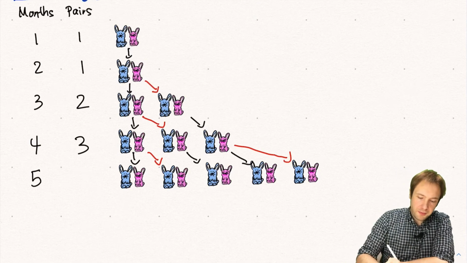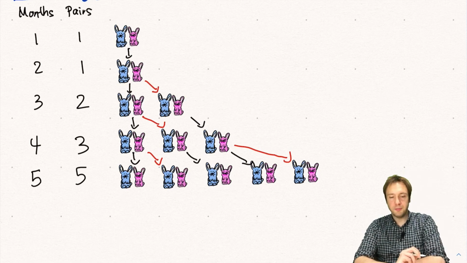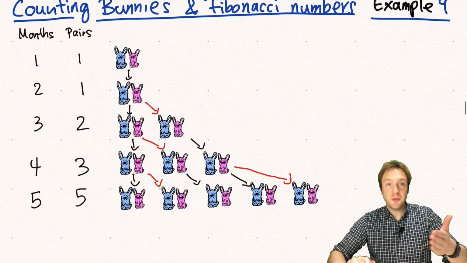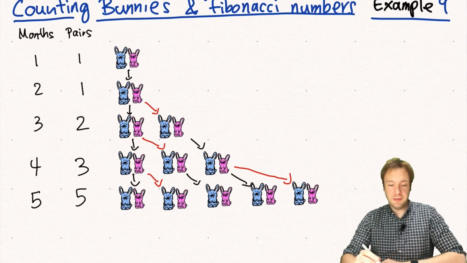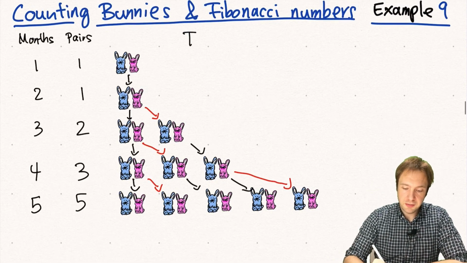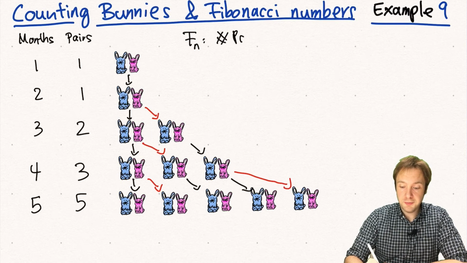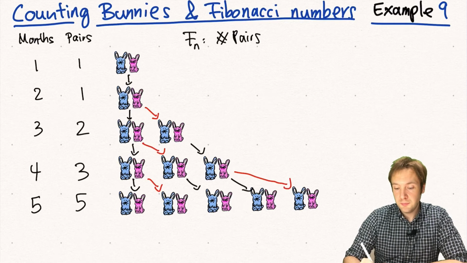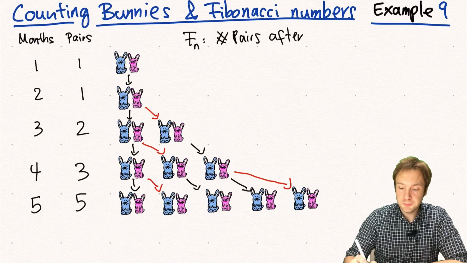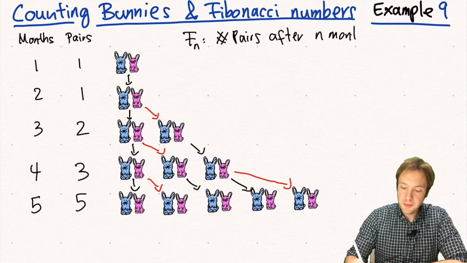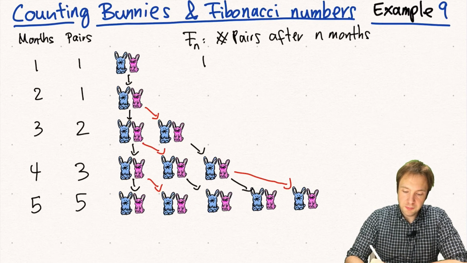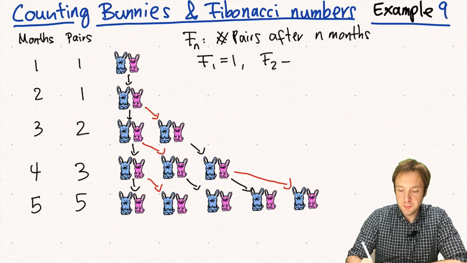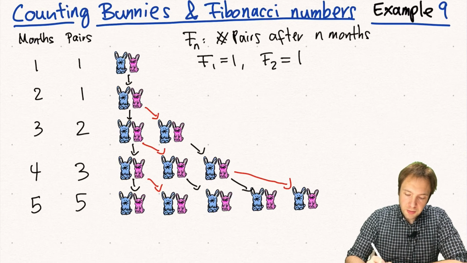So after 5 months, we have 5 pairs. And now you can go on and ask yourself, if I denote by Fn the number of bunnies, or number of pairs, after n months, then we see that in the 1st month it's 1, in the 2nd month it's also 1, but after this,